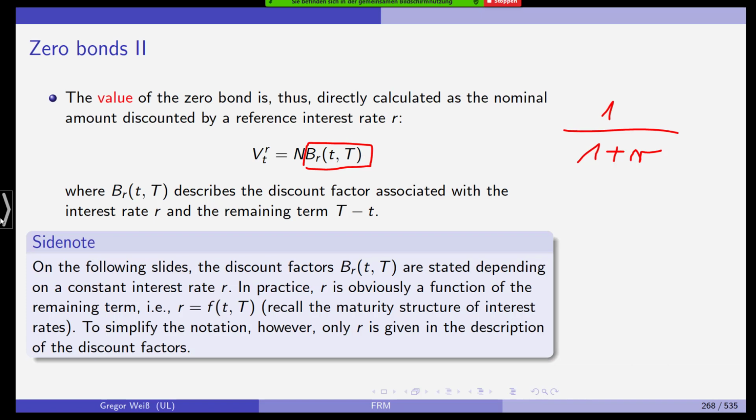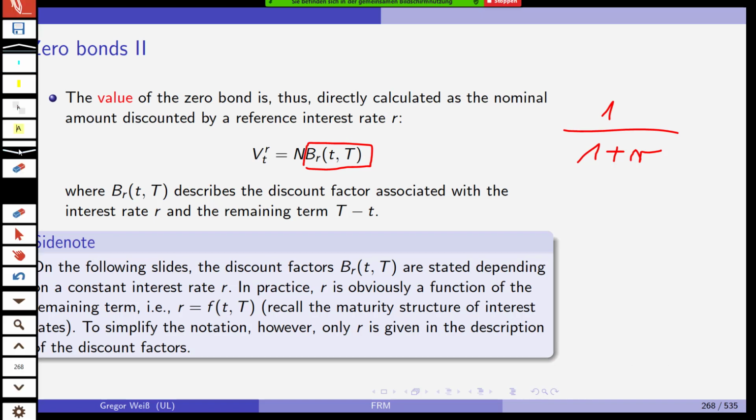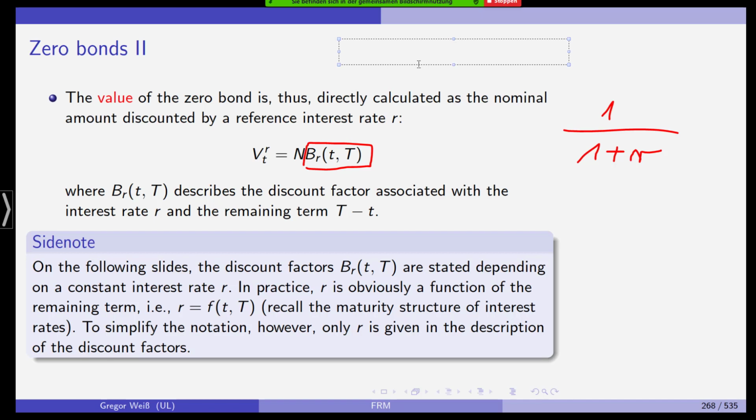Actually, if you take, for example, let's use this. If you have a price for a zero bond, it pays out 100 at the end. This is a zero bond with maturity 1, 2, 3, 4, 5 years. Now, what is P, the price? If we have a standardized notional value of 100, or we could also say of 1, then it is quite easy to see that actually the price is what? It's